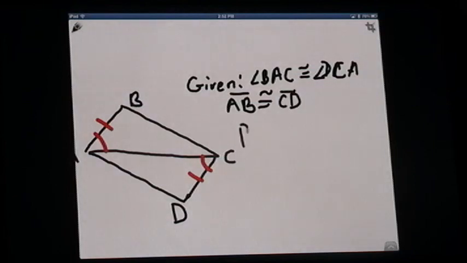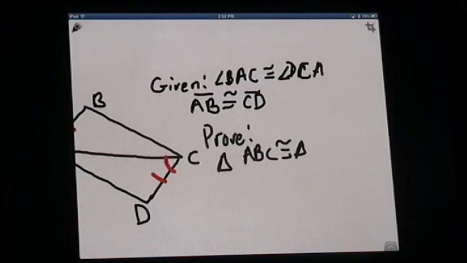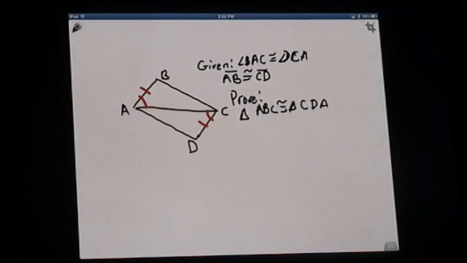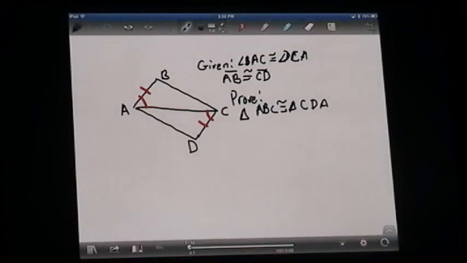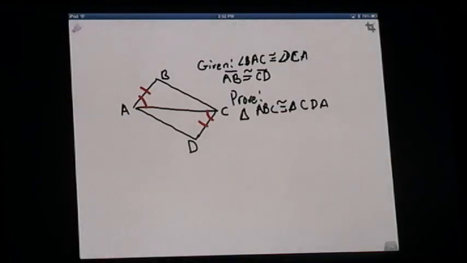You are to prove triangle ABC is congruent to triangle CDA. Okay, so we're going to mark what it is we're supposed to prove. Well, we don't need to mark that because you can't mark the triangles. All right, we have choices of